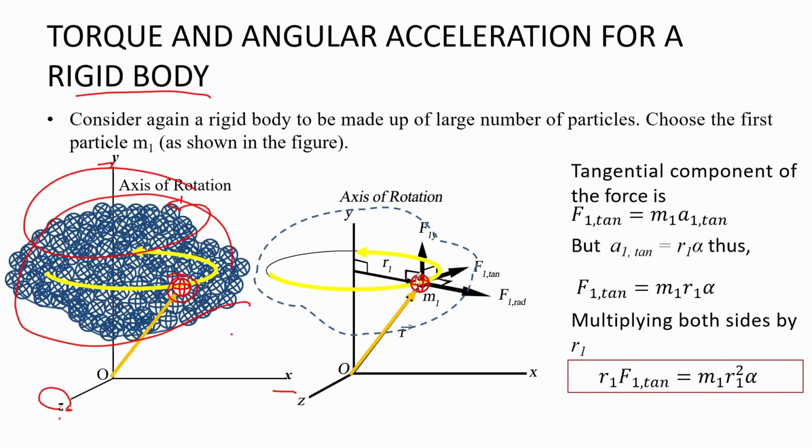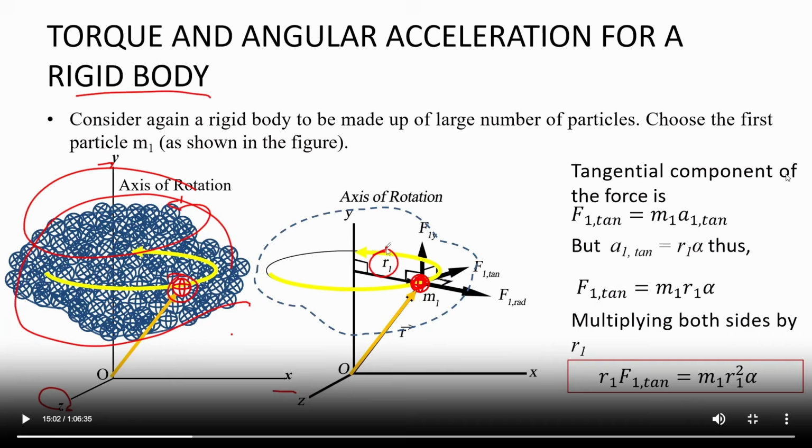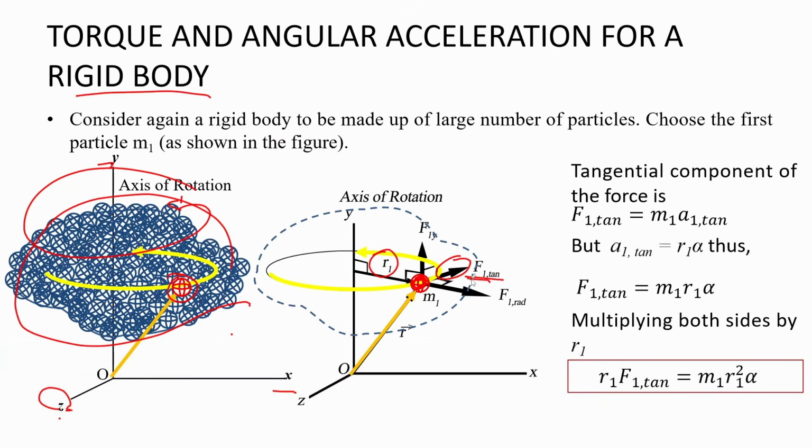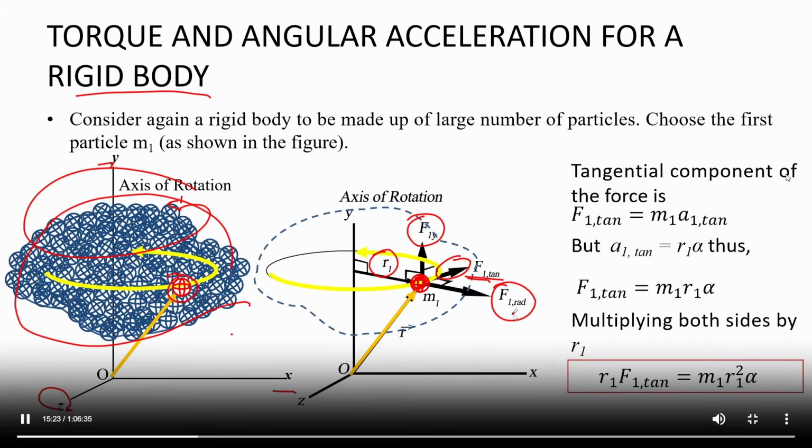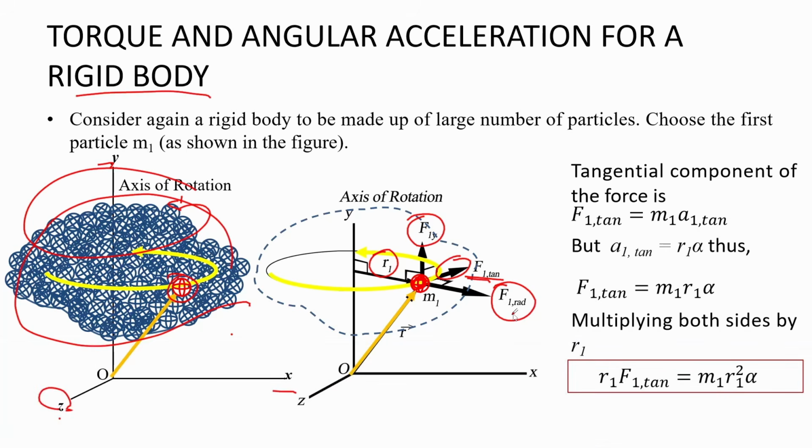This particle is at a distance r1 with respect to your y-axis. And as you can see, there are forces there. If this is rotating here, this one is the tangential force experienced by that mass. Of course, there is also F1y, which is moving upward, perpendicular to R1. And you have the F1 radial going outward, aligned with your distance R1, but going outward. So, as you can see clearly, only the F1 tangential contributes here to the motion of your particle around the